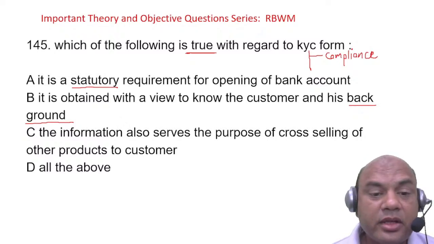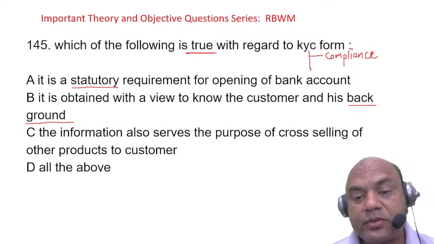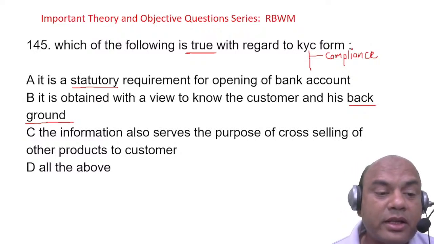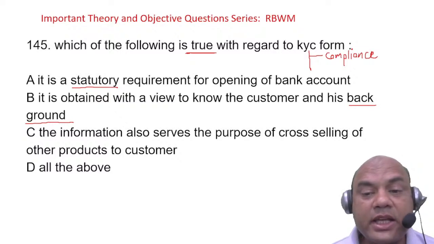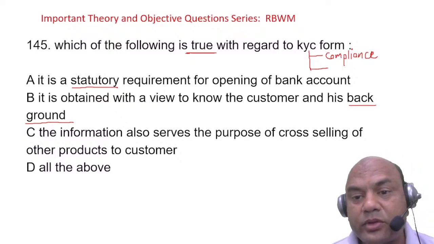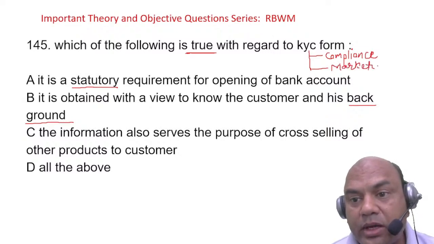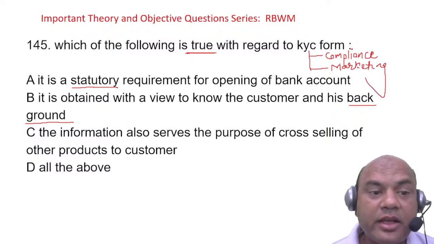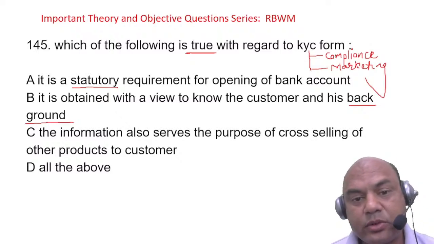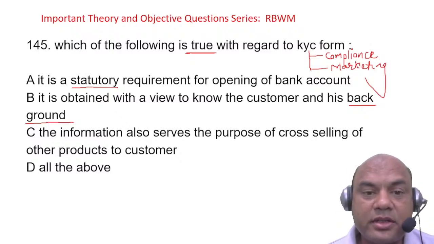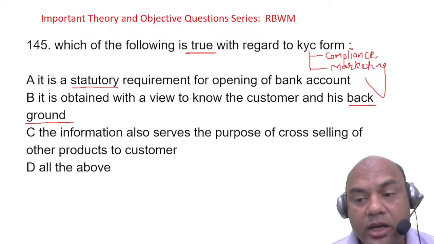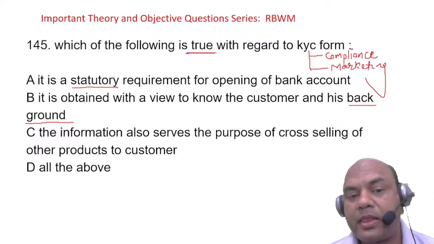And C, the information also serves the purpose for cross-selling of other products to the customer. Now this is what you have to answer. Whether the answer is D over here, whether this KYC form can be useful for marketing purpose, that's what you have to think now. And that's what you have to answer. A, B, C or D. Let me see who can answer it. D means all of the above. So the answer is